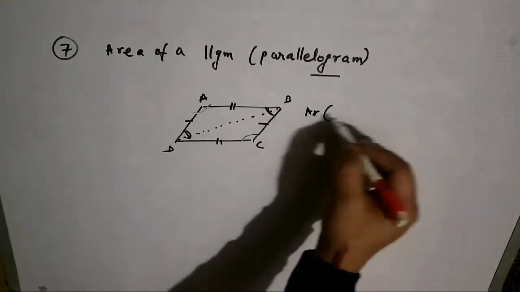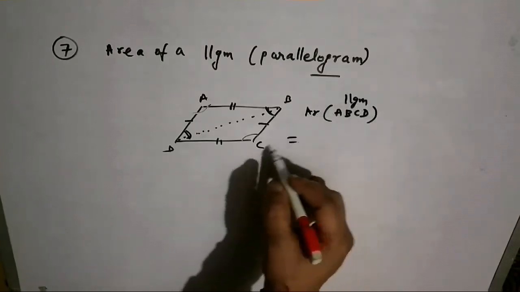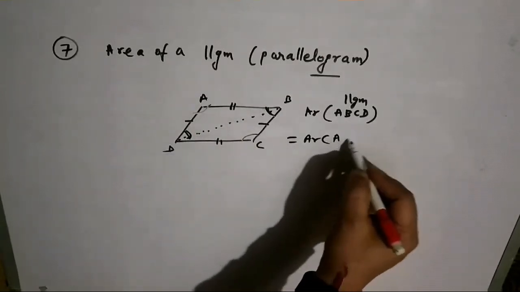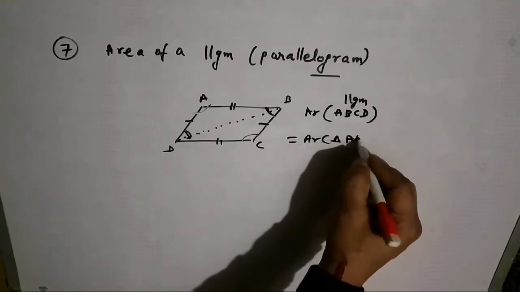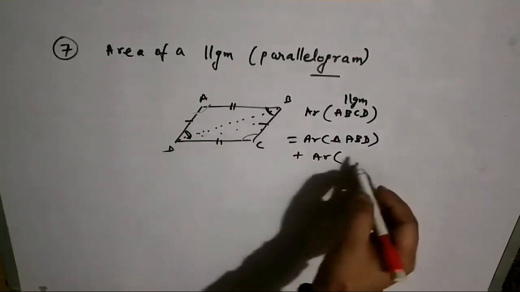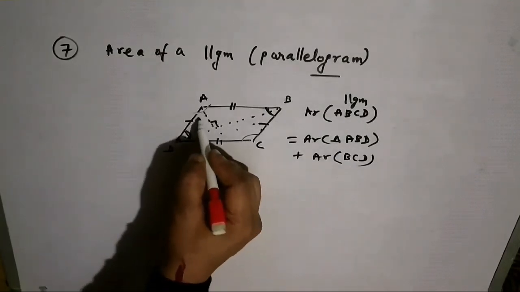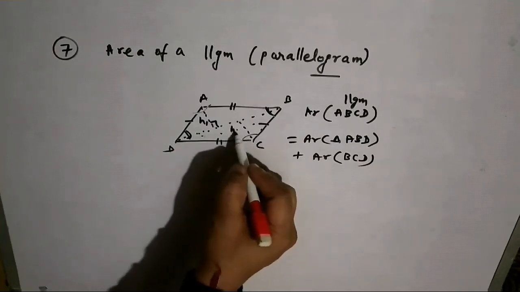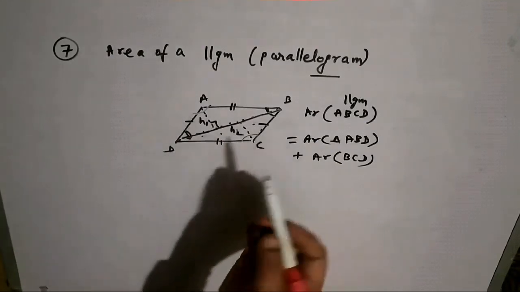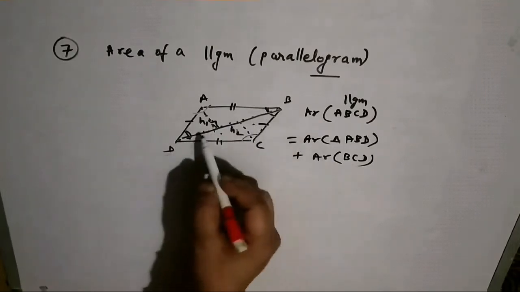So the area of parallelogram ABCD is equal to the sum of the area of triangle ABD plus the area of triangle BCD. So let us draw a perpendicular whose length is h1 and another perpendicular, suppose h2. That is very simple. We have already calculated that if the perpendicular and the base are given,